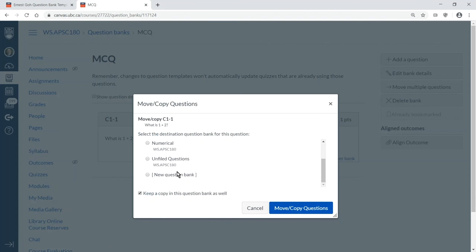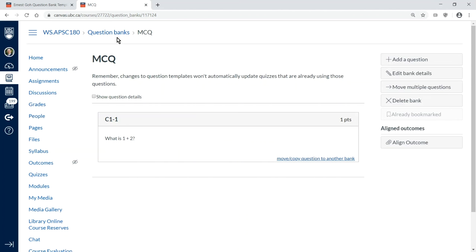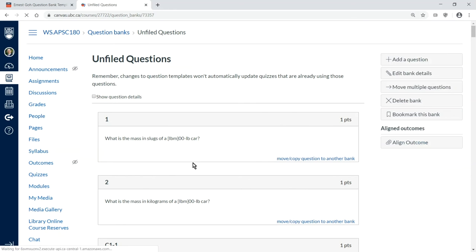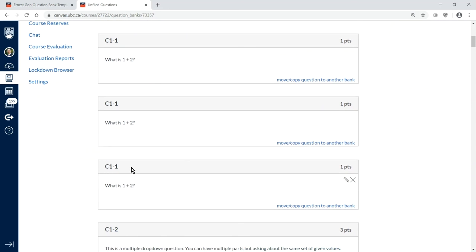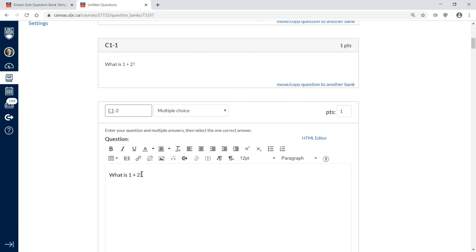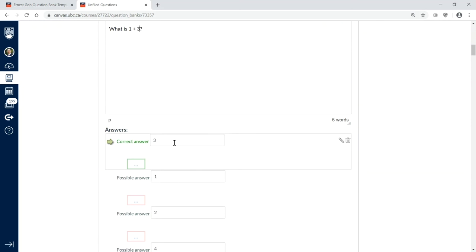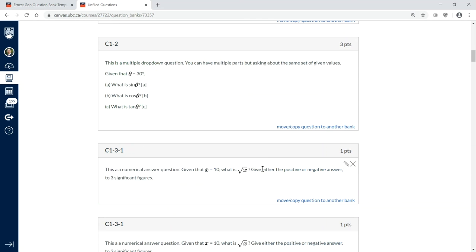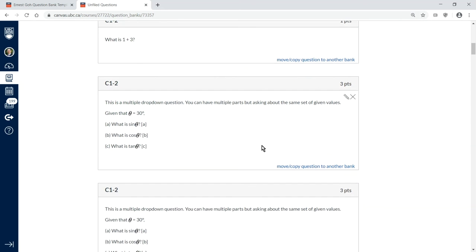I'll move it to any unused bank, let's say the unfiled questions, move copy, go back to the list of all question banks, go into unfiled questions. I should see another copy of this multiple choice question labeled as C1-1. So I can edit this. Let's call this C1-2. Change the question. Update the question. And I have the C1-2